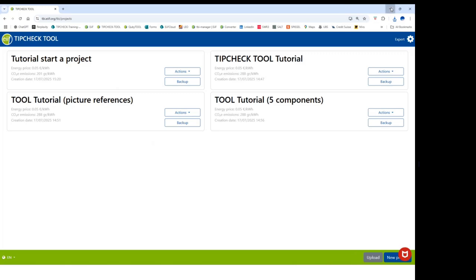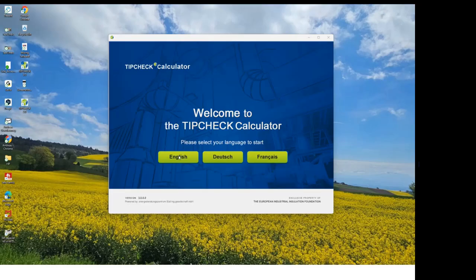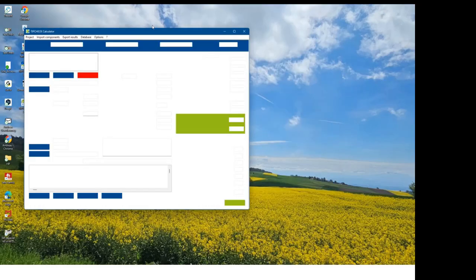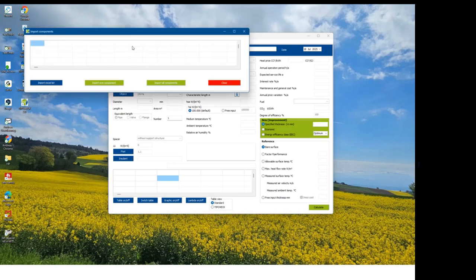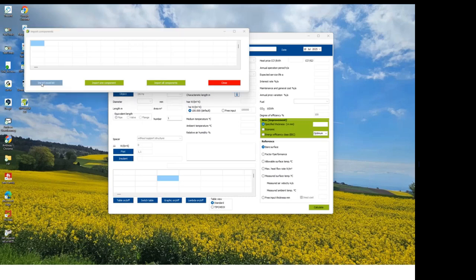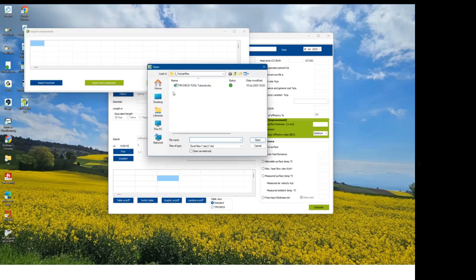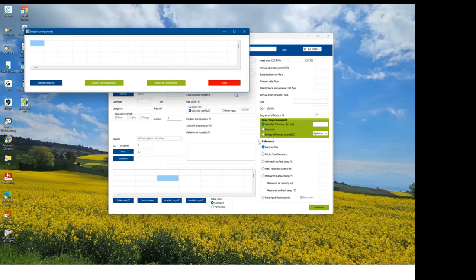Let's now switch to the TIPCHECK calculator. Starting it in English, and I'll move it a bit to the center. You find on the top left first project and then the command import components. So this is exactly what we want to do. So we want to import the Excel, which we just exported from the tool. The first button says import Excel list. You click here, you go to the folder where you saved the Excel before, and you import this to the